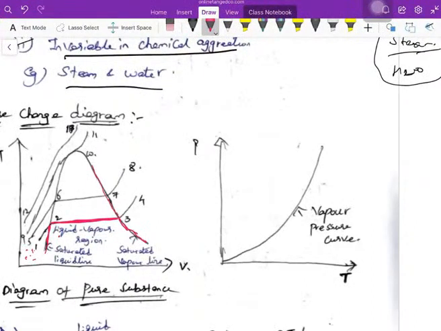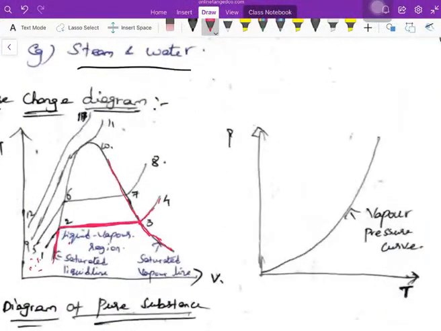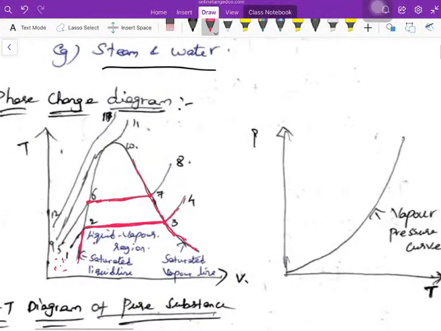From here after this, the steam is fully saturated, which means all the water is converted to steam here. Then the temperature will increase. See, the beautiful thing is, here the temperature remains constant, the phase change is happening right here only. This is fully water, then at the end it is fully steam. But the temperature remains constant. Keep that in mind. The temperature T is constant. This is the phase change diagram.